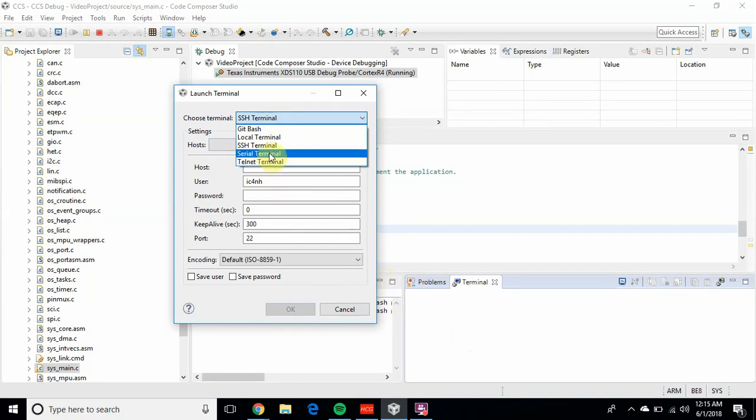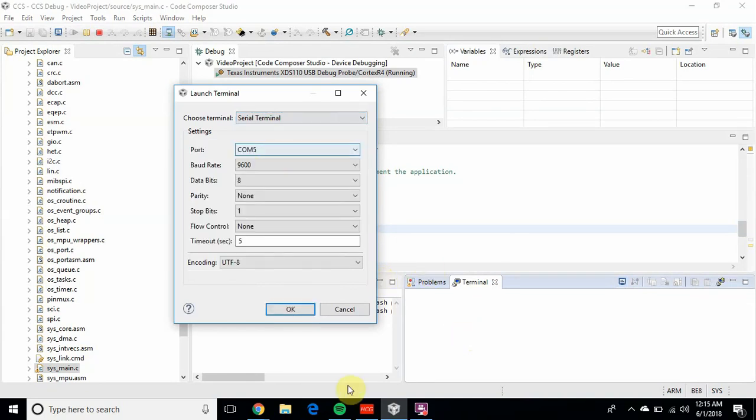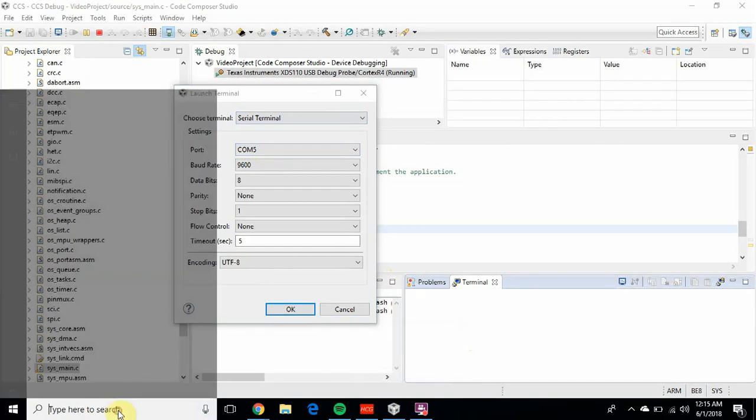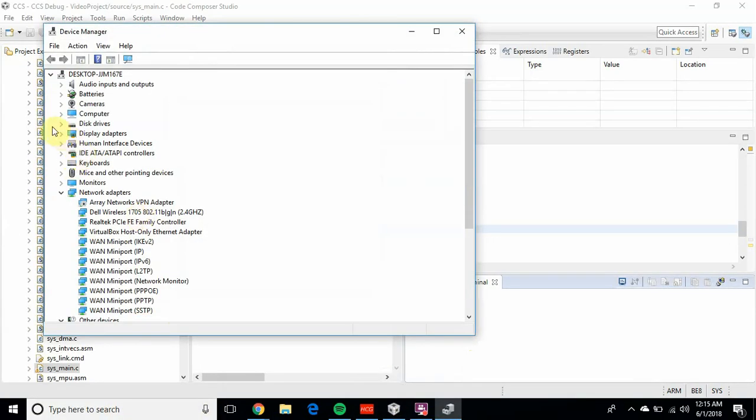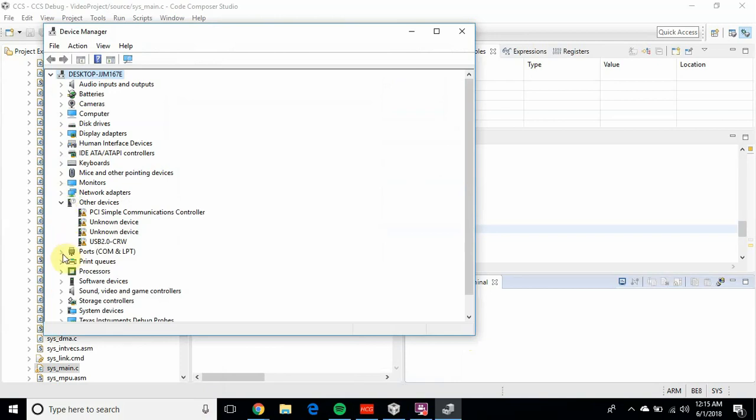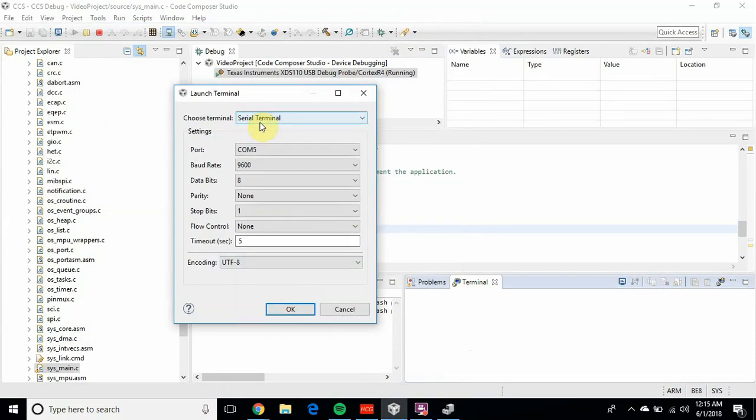text. So in this case, we're using serial terminal because, as you noticed, I closed it down. Let me open it up. You'll notice within ports COM, it's a serial port, so we're using a serial connection. So we're going to choose a serial terminal, and the nice thing with CCS is it does detect which ones are active. In this case, it notices all 3, so the USB ones and then your COM5 USB serial